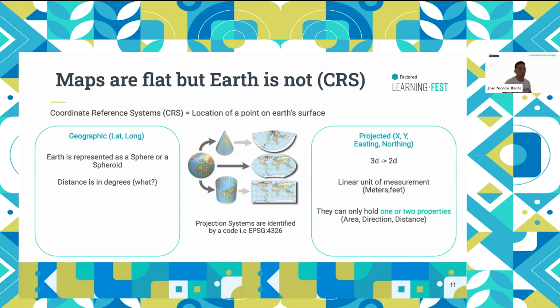And usually these transformations can only hold one or two properties. When I speak about properties, a map usually has multiple properties: the area, the direction, the distance. And when you do transformations, you start getting a map that only holds one or two of those. That doesn't sound good, but you will find for each application an appropriate reference system. So when you're trying to do some engineering design for bridges or roads, you should bear in mind area and direction. Or when a boat is sailing around the world, distance and direction are also very important so they don't get lost.